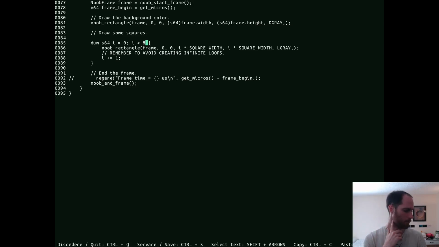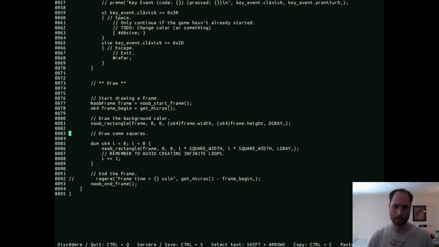So we could make the background just black and then use this dark gray and this light gray for the stuff. So let's make the entire background black, and then